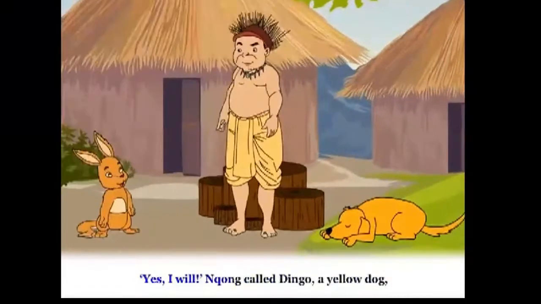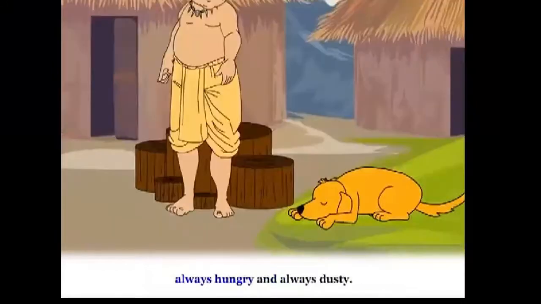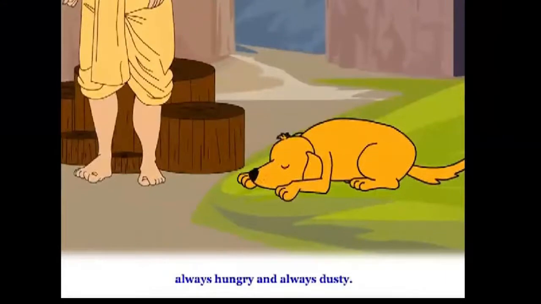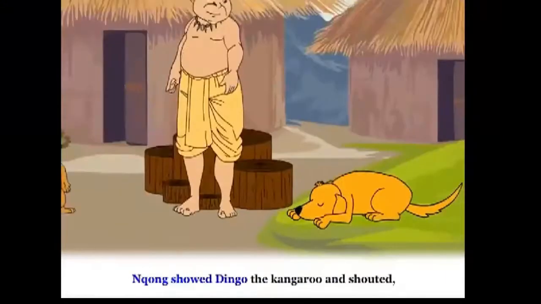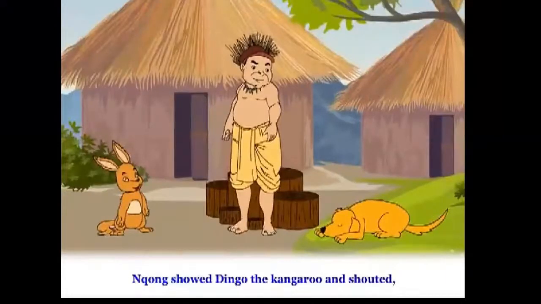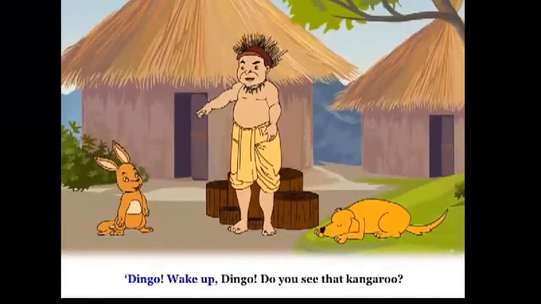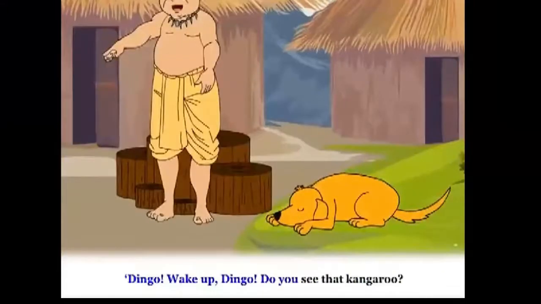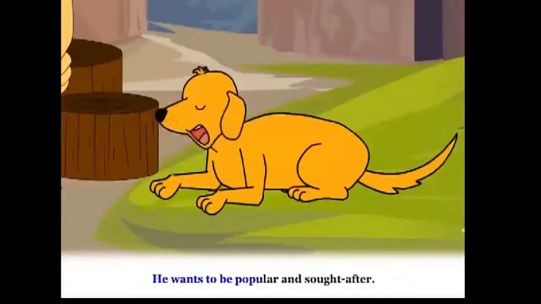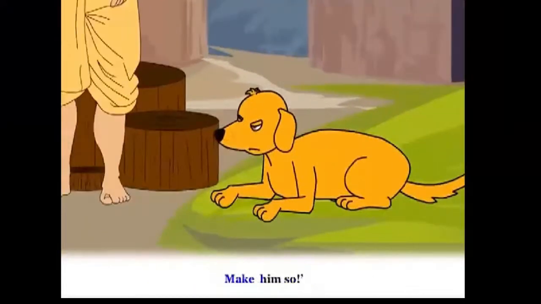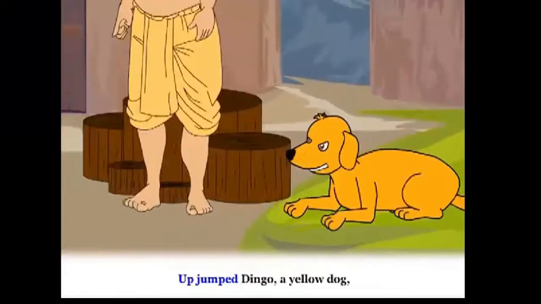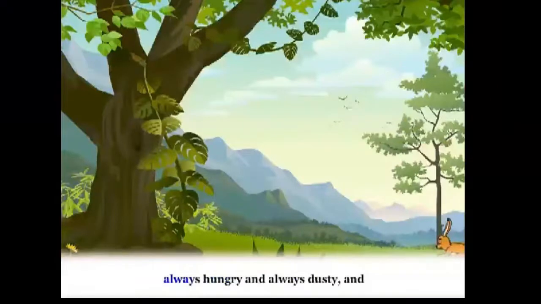Inkwang called Dingo, a yellow dog, always hungry and always dusty. Inkwang showed Dingo the kangaroo and shouted, "Dingo! Wake up, Dingo! Do you see that kangaroo? He wants to be popular and sought after. Make him so." Up jumped Dingo, a yellow dog, always hungry and always dusty, and began to run after the